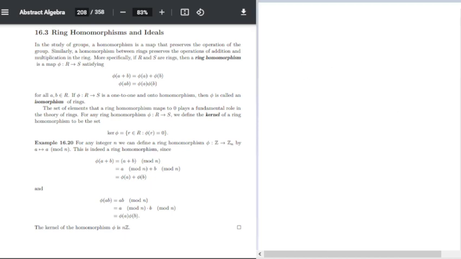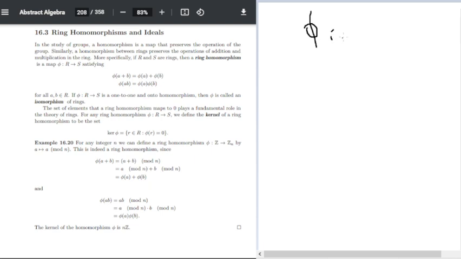In the study of groups, a homomorphism is a map that preserves the operation of a group. Similarly, a homomorphism between rings preserves the operation of addition and multiplication in the ring. More specifically, if R and S are rings, then a ring homomorphism